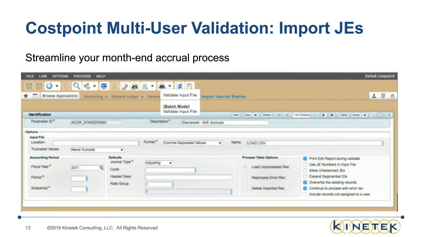The next piece of this, which is as boring as it could possibly get, is with regards to doing our month-end accruals. Everywhere I go, it's the bane of everyone's existence. When I was in that position, it was the bane of my existence. As I mentioned before, there are a lot of manual processes that go around getting to what numbers you want to accrue. Certainly there's some information in Costpoint. Costpoint can generate commitments reports based on POs. Costpoint can even generate an accrual based on what the PO has less what's been vouchered.